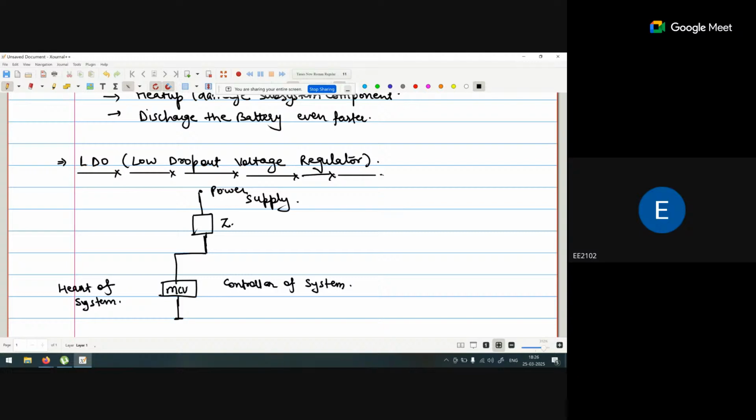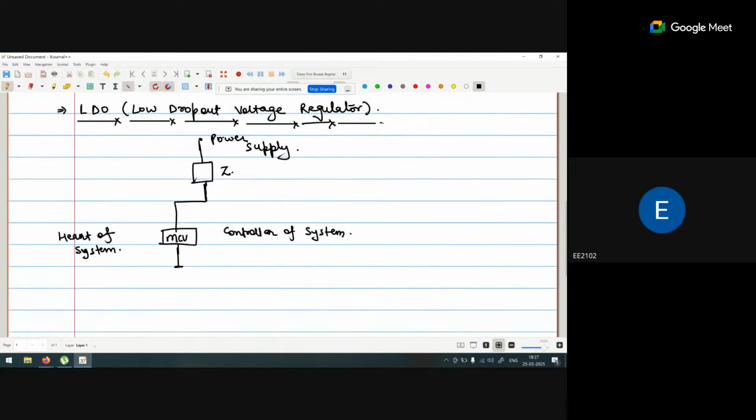That this subsystem is required, which subsystem is useful. According to this, the power consumption will change. So all this will be managed by the microcontroller, which is basically the heart of a system. If my screen is required, the power consumption is different. If screen is not required, Wi-Fi is not required, all these things will be done by the microcontroller. Now, if this power supply will provide a constant voltage,